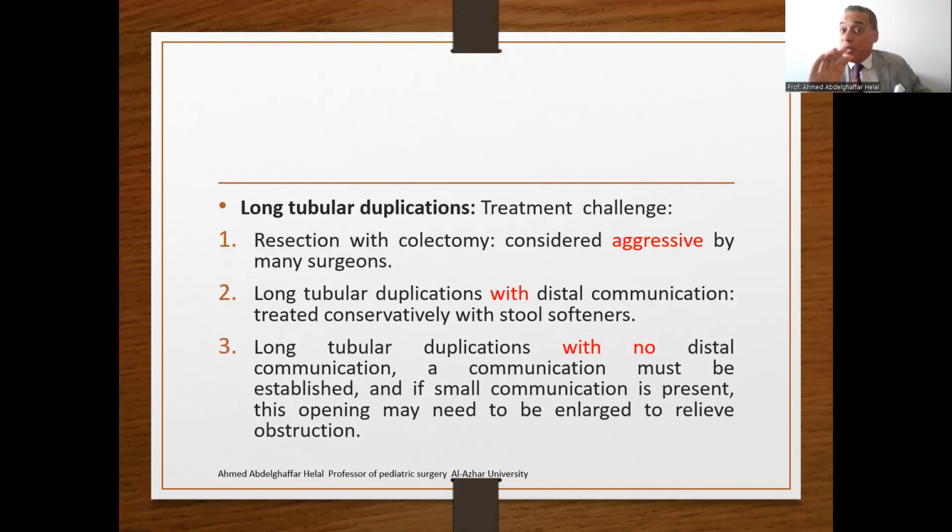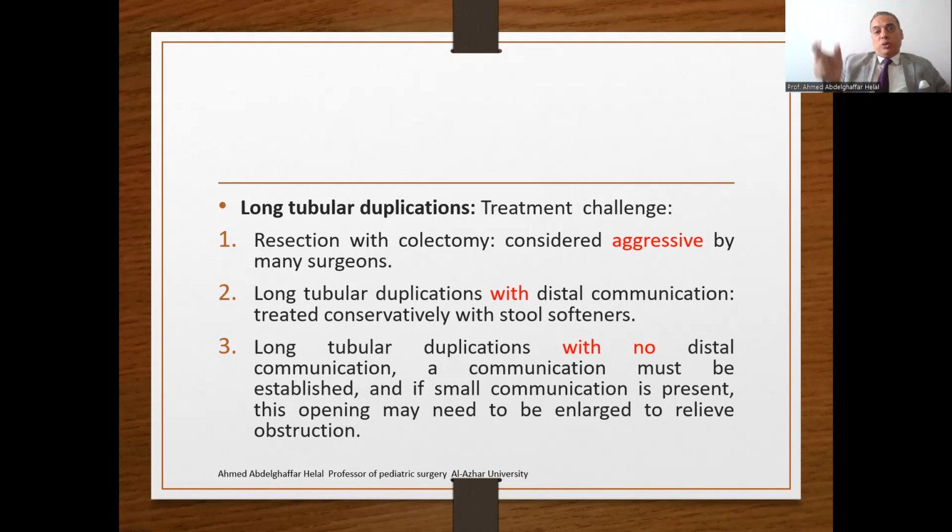Long tubular duplication presents a treatment challenge for the pediatric surgeon. Resection and colectomy is considered aggressive by many surgeons, to remove the whole colon. Long tubular duplication with a distal communication may be treated conservatively, because the duplicated colon drains and communicates with the native colon and passes. No problem. We may need to give the child a stool softener. Long tubular duplication with no distal communication: a communication must be established, and if a small communication is present, this opening needs to be enlarged to relieve